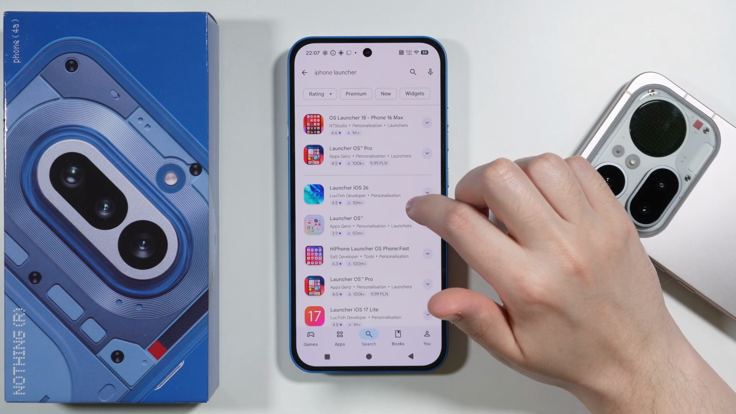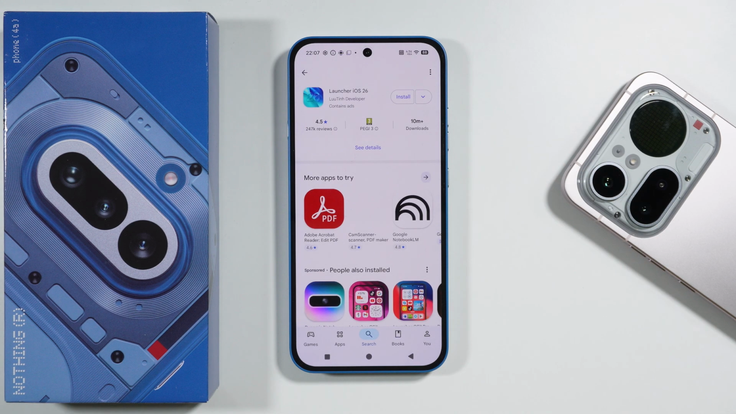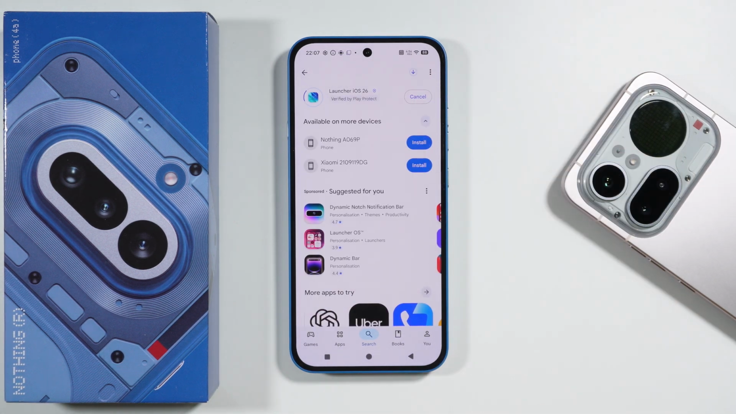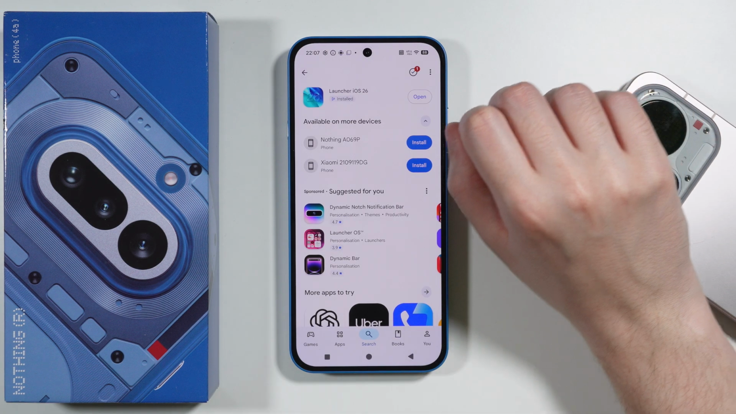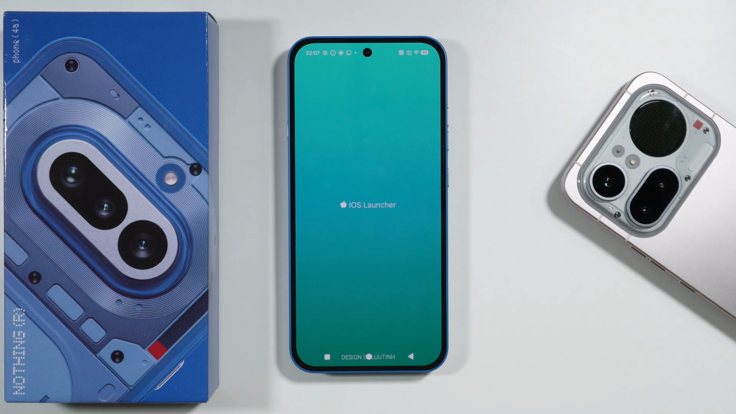So in my case, I'm gonna choose this one over here. I'm gonna show you how to set up the launcher with this app over here. But of course, feel free to try any of them if you are not really satisfied, if you are not happy with this app, or for some reason it doesn't work properly for you. So once the launcher is installed, we can go ahead and open the